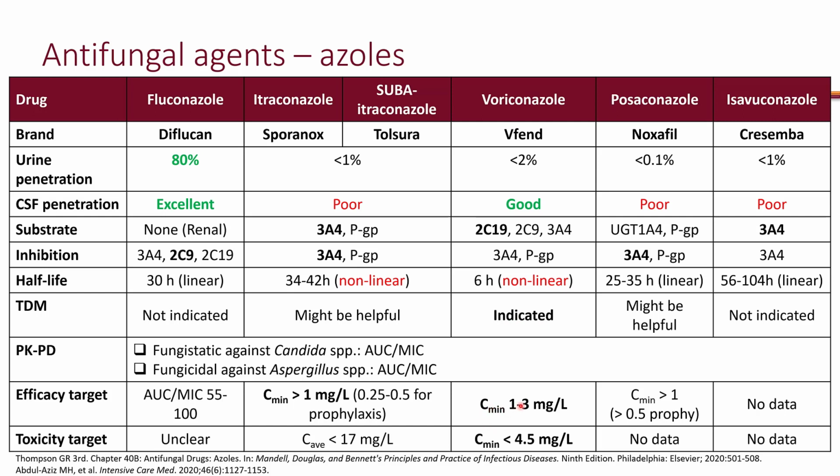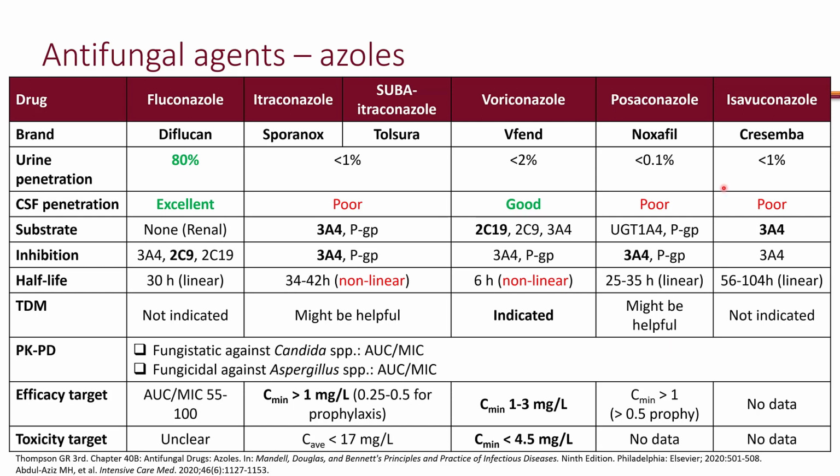So for efficacy, it's recommended for the levels to be, and these are troughs, 1 to 3. And then once you go to 4.5, that's when all the adverse effects really become intolerable. So for toxicity purposes, it's recommended to keep the levels below 4.5 to avoid all that toxicity. And some sources even say to keep the levels less than 3.5. So, if you target a level of 1 to 3, not only is it effective, but it's going to be pretty